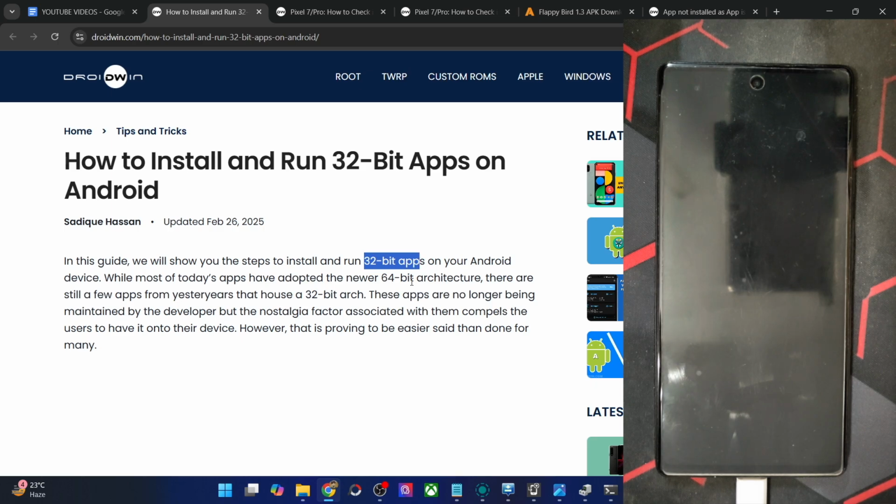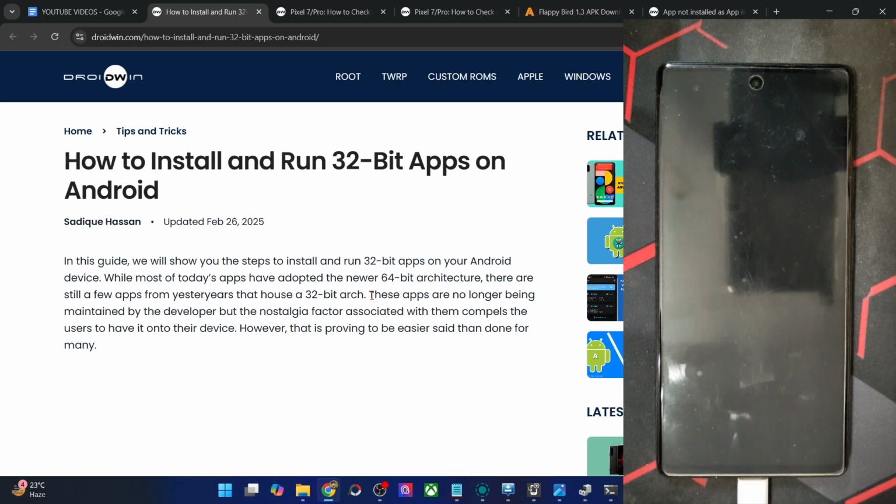But do note that I have only tried this on a Pixel 6 and 7 series, and there is a high chance that it might not work on any other Android phone. Still, if you want to try it out, then you are more than welcome. Just make sure to take a backup beforehand because the process will wipe all the data from your phone.